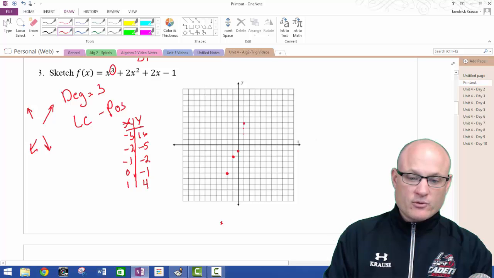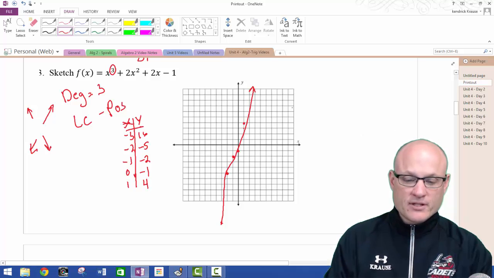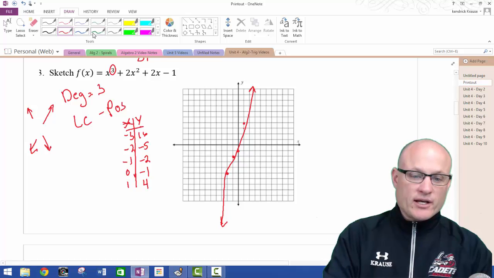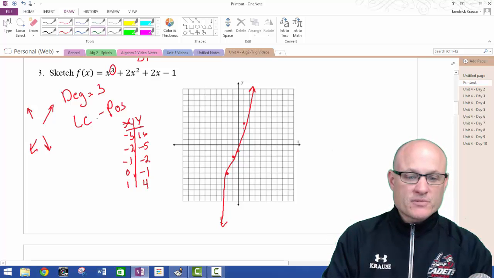That's 3, right? There's 4. So it's going to look something like this. A little squiggle in it and going off in that direction. What I want you guys to understand, though, is if it's odd,